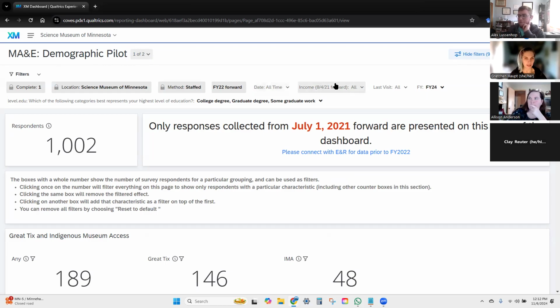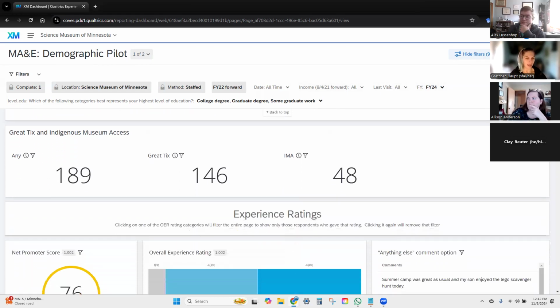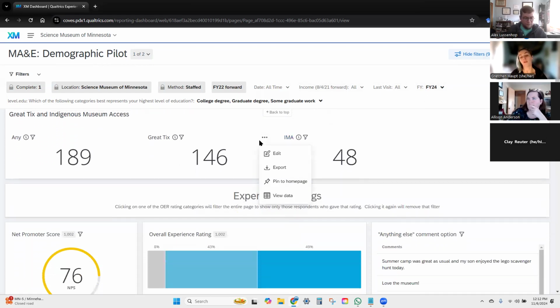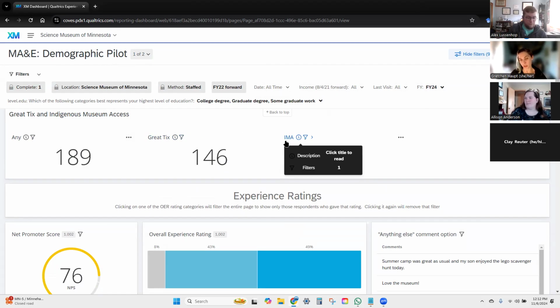We can change the date. We do have some income categories, last visits, and fiscal year filters. And this is one of the things I'll get into about filtering, using the number count as a kind of pseudo filter, because one of the questions this group had was how we ask about different types of access ticketing programs. Our Great Ticks, which is tied to income, and our Indigenous Museum access, which is not,